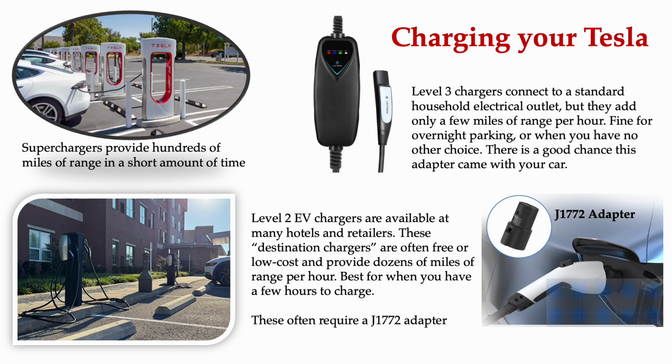My rule became this: always know your next charge. Not the whole week, not every stop after that, just the next charge. And do not charge to 100% unless you need to. That last 20 to 30% can take a long time, and Tesla often saves time by using shorter, more frequent